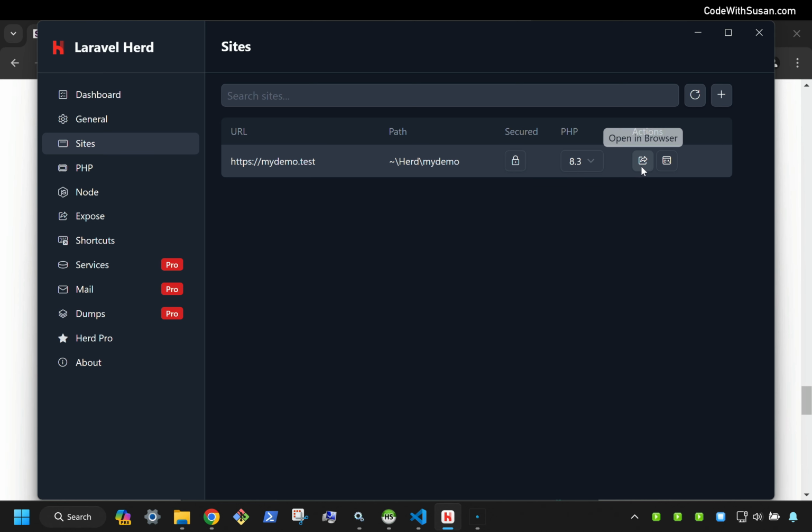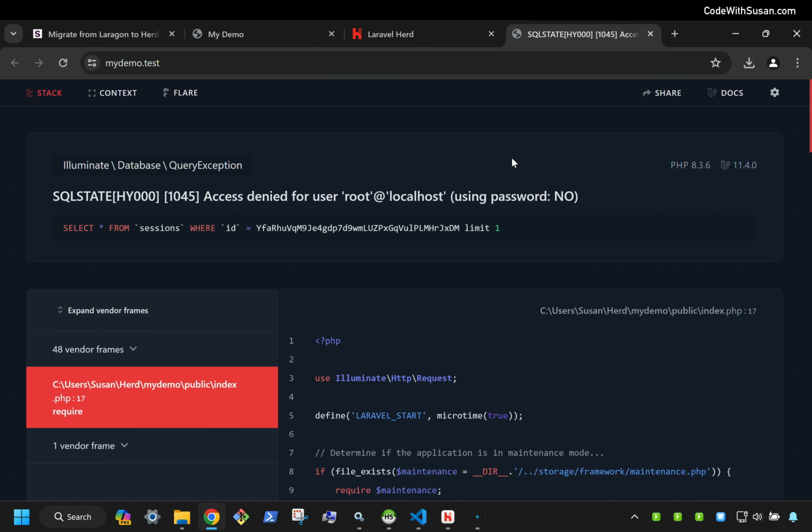And let's go ahead and open it in the browser. And we are getting an error, but it is a Laravel-based error page, so that's a good sign. We know we're pointing to our Laravel-based application. The error is a SQL error telling us we have an access denied issue for our root user. This is to be expected because we switched our MySQL service, so we need to update our application's database configs